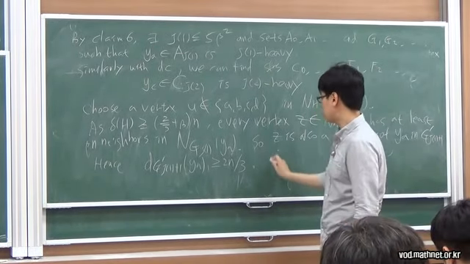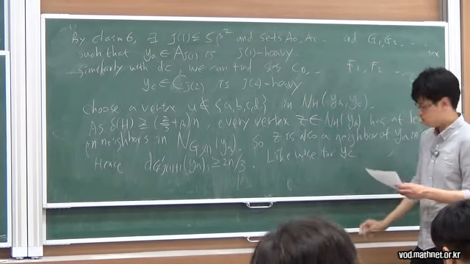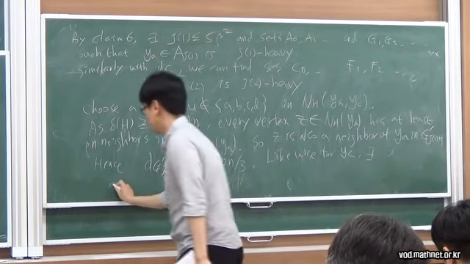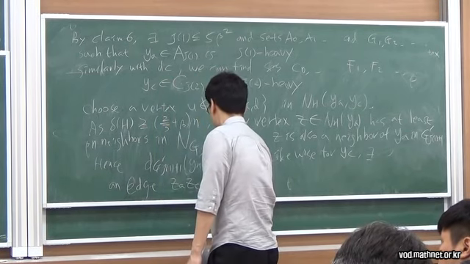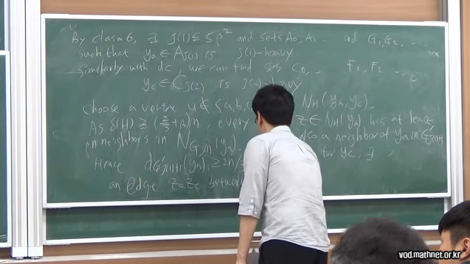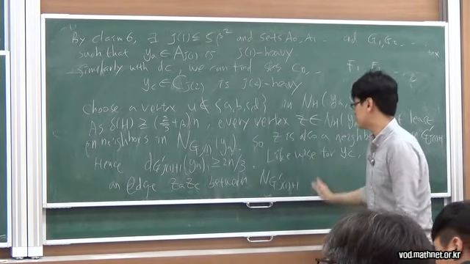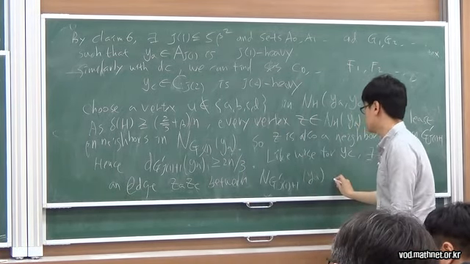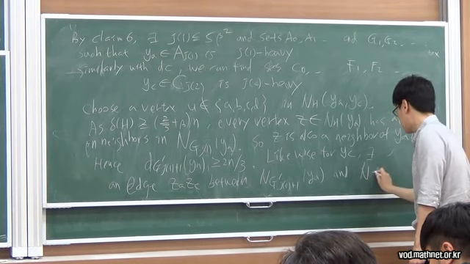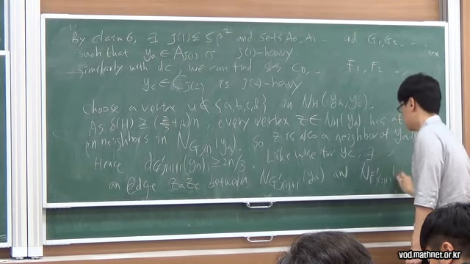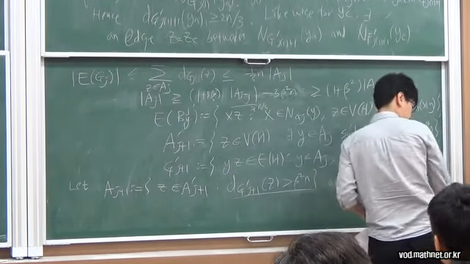So likewise for Y_C, there exists an edge G_A, G_C between the neighborhood of Y_A in this graph and the neighborhood in G prime, say 2 plus 1 of Y_C. Then we are done,